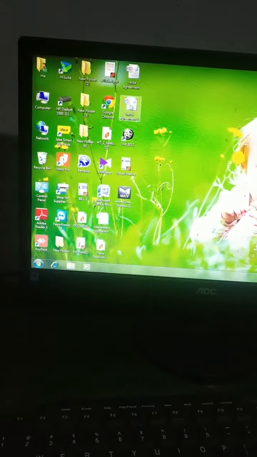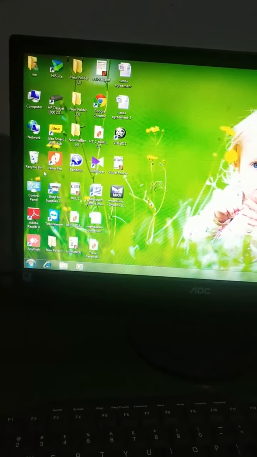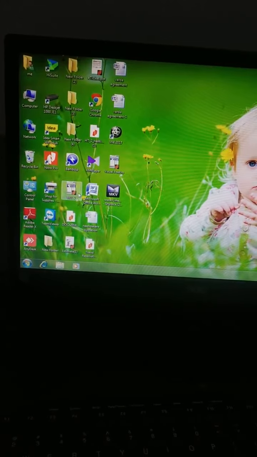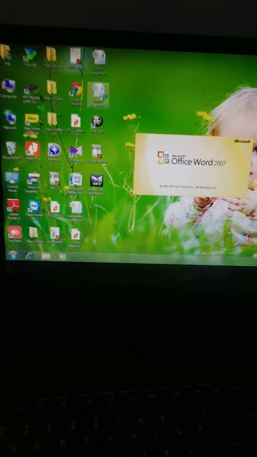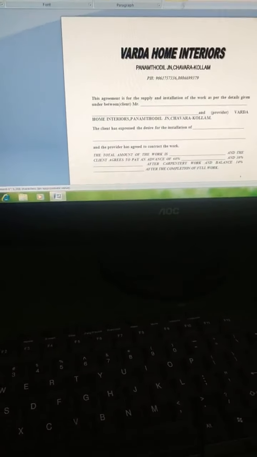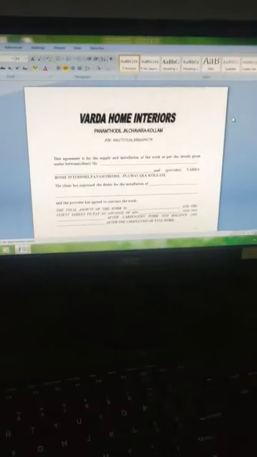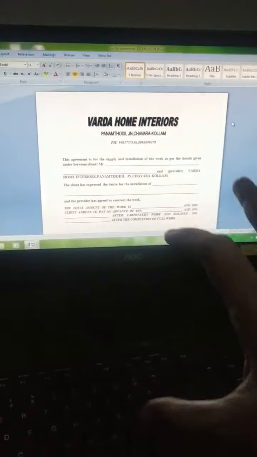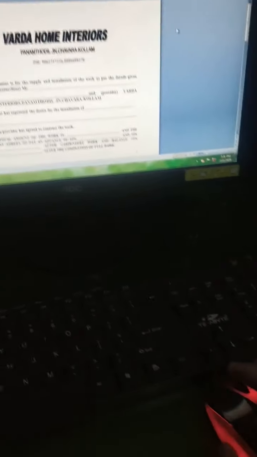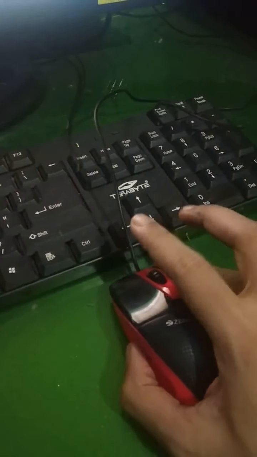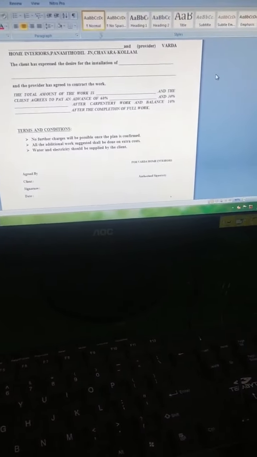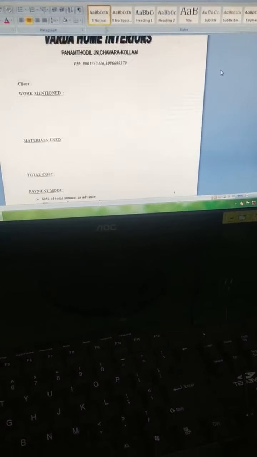look here. For that we need a file with more than 2 pages. It has only 1 page. Okay. Look here, I have opened a file, and to move downwards I am scrolling this wheel or scroll key downwards. So it will move downwards. Did you understand?